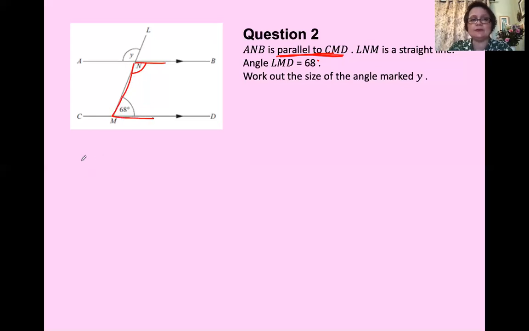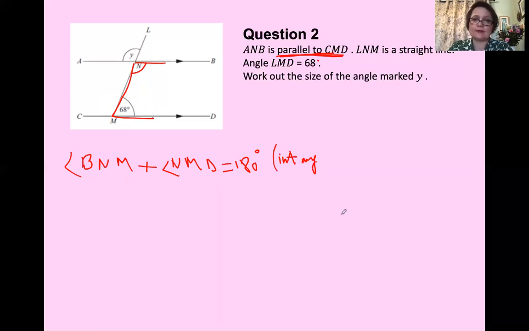So this is how you write the rule. Angle BNM plus angle NMD equals 180 degrees. And open the bracket, let's write the rule: interior angles on parallel lines. Okay, interior angles. And so we're going to have angle BNM